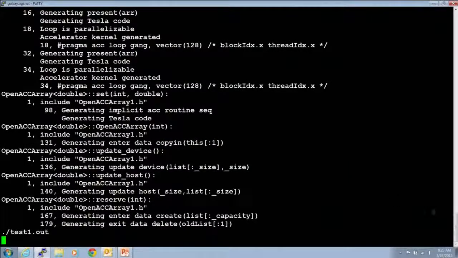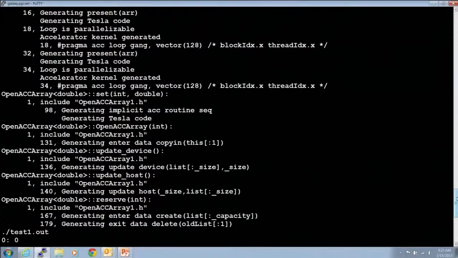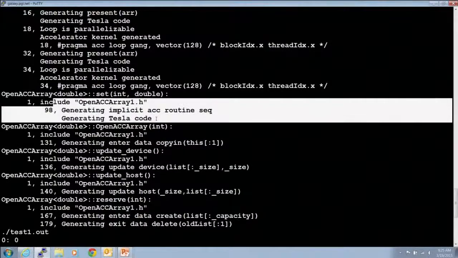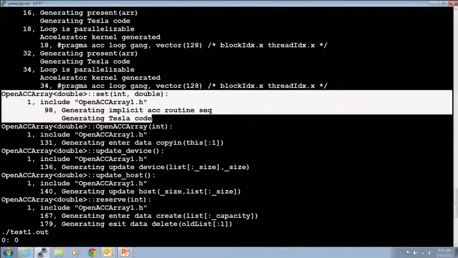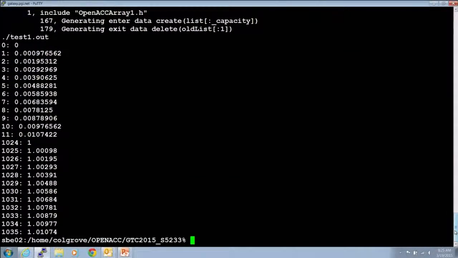So here's all that goodness I was telling you about. In the compiler, it's telling exactly what it's doing. Here's where it's doing the implicit routines, in this case, set. I didn't write a routine directive in there. It just implicitly did it. It computed the values and then resized it and computed more. Okay, well, let's look at a little more